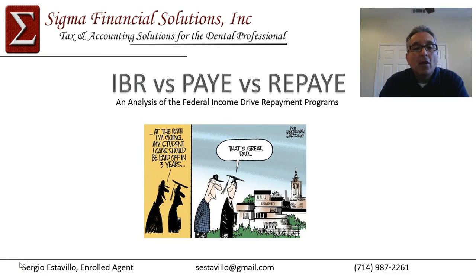The very popular income-driven repayment options that you would want to consider if you have a substantial amount of federal student loan debt. Hopefully you won't be having that conversation with your kids as depicted in the cartoon, but some of you may be experiencing that exchange, given that some of you will have a 20 or 25-year repayment period on these different repayment options.